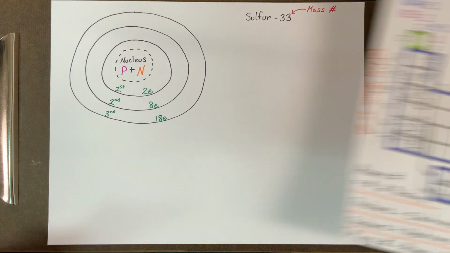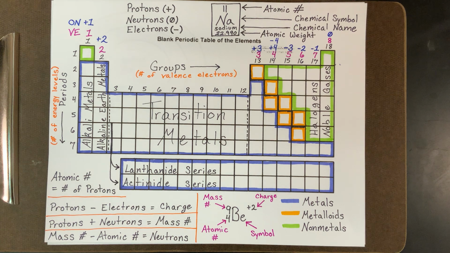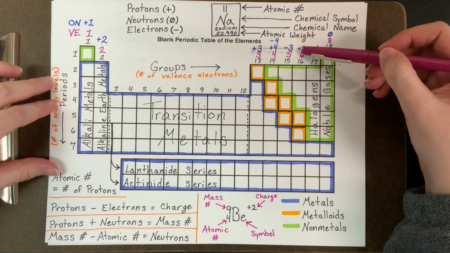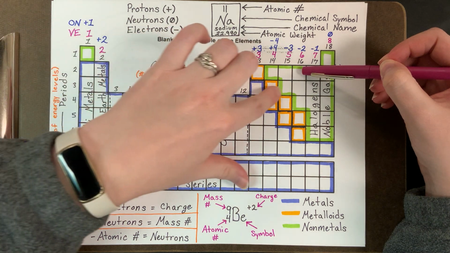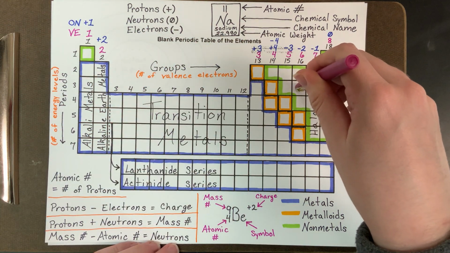So if I were to look at my periodic table, you guys would look at your green one, you would find that sulfur is in group 16 in period 3. So group 16 in period 3, and I can do kind of like a little target right here. And so you would see that sulfur is atomic number 16,